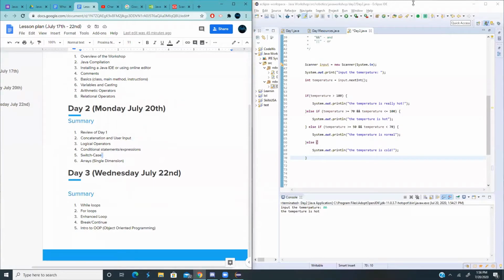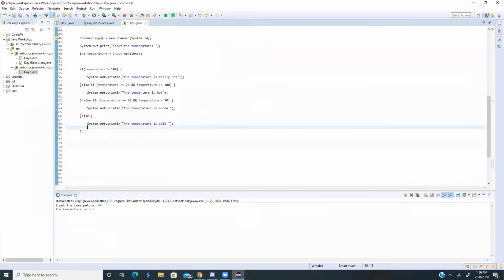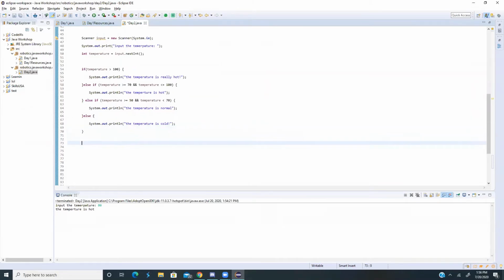Okay, so switch case. So we'll do switch case. The thing with switch case statement is it's basically a conditional statement. Okay, so a switch statement is basically a conditional statement, which is used to switch between the values of